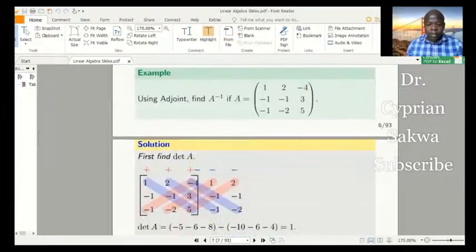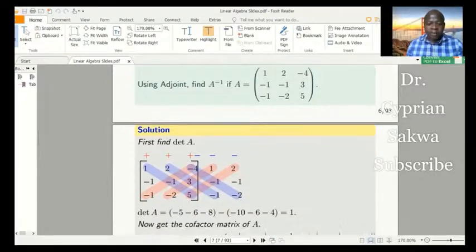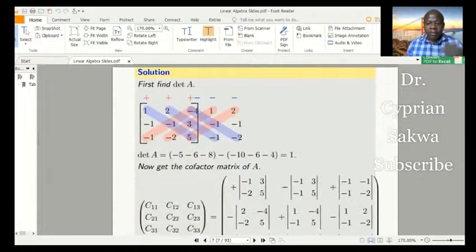So this is my example, and the question says, using adjoint method, find A inverse if A is this. So the first thing we do is to find the determinant of A. And since A is a 3 by 3 matrix, I chose the simplest way to find the determinant of A. And so I write, as we did in the previous video of finding